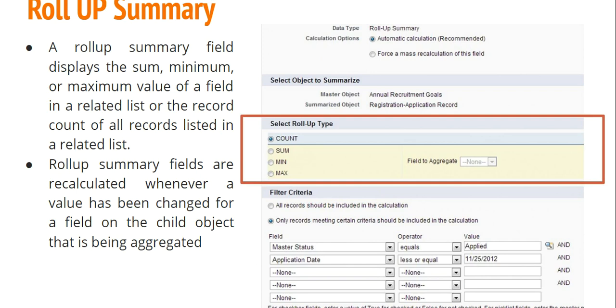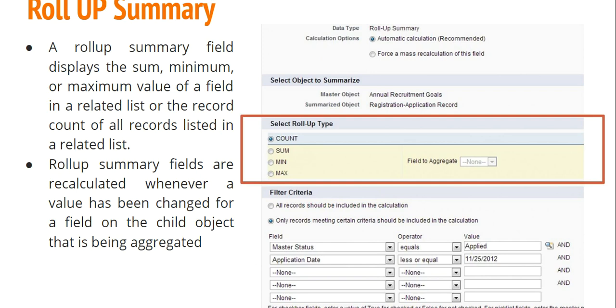And one more thing which we have to remember, the detail must be directly connected to the master object, meaning they are connected with the master detail relationship. And since roll up summary is based on the master, it helps us to see the object relationship using the roll up summary field.